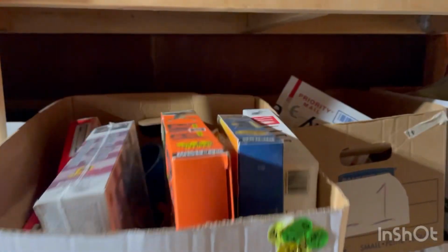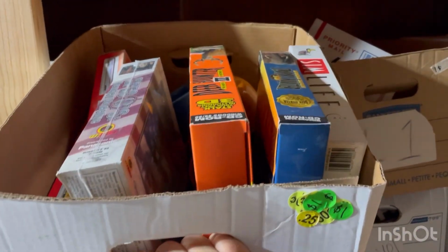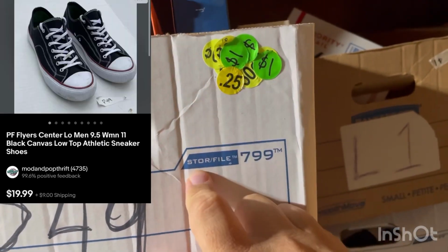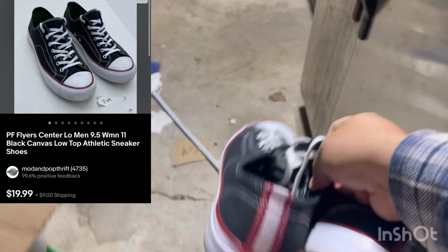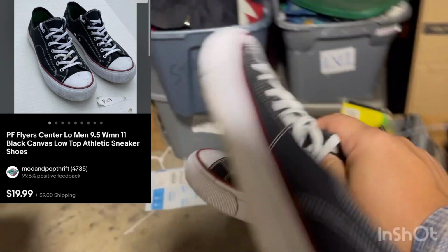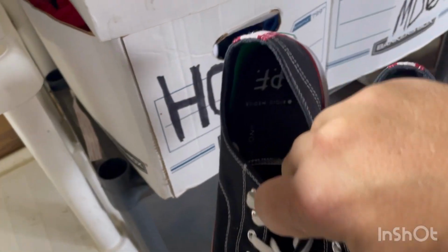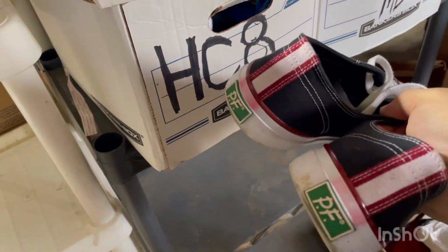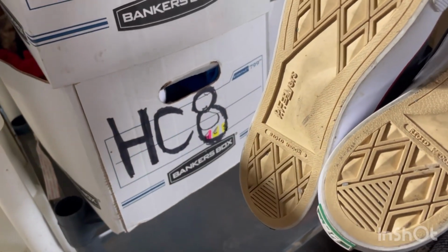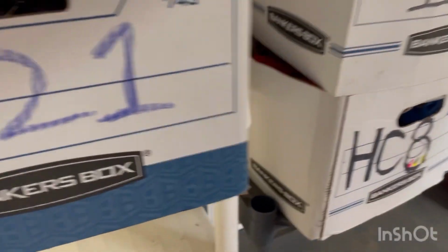49, we have some video games. Oh, this is going to be clear at the bottom. It's PF Flyer shoes. I do this sometimes when I'm pulling yard sale price tags off of stuff. I don't know. Did I say PF Chang's instead of PF Flyers? It's definitely not a Chinese restaurant. It's some Converse style shoes that I believe predate Converse. Paid $5 for these sometime over the summer. Took them longer to sell than I expected, and they didn't sell for as high as I thought they would,